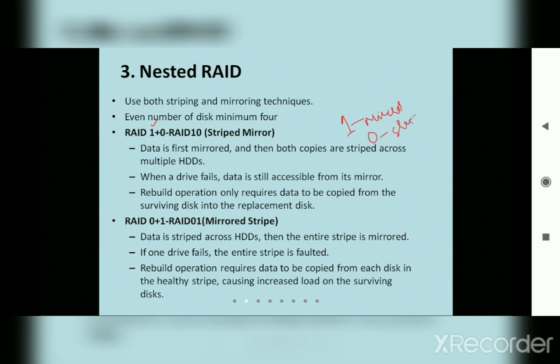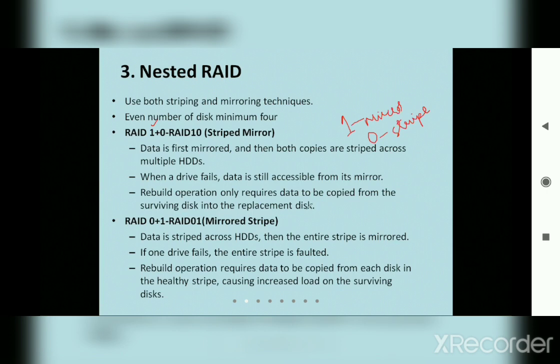I will copy into the multiple disks. The same data will be divided. Now, when I do this one, I am mirroring, that means I'm making multiple copies and copying them onto different disks. Then what happens? Obviously, whatever data I require is available, so I can rebuild that data.